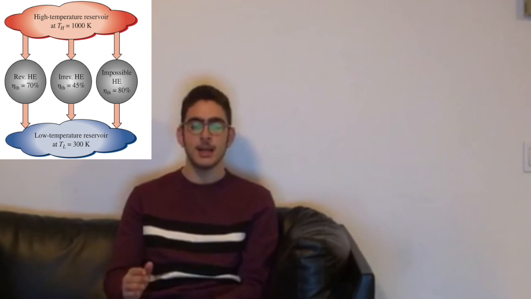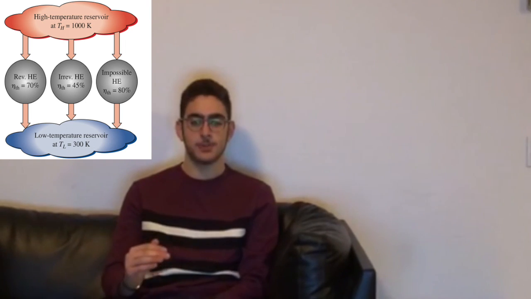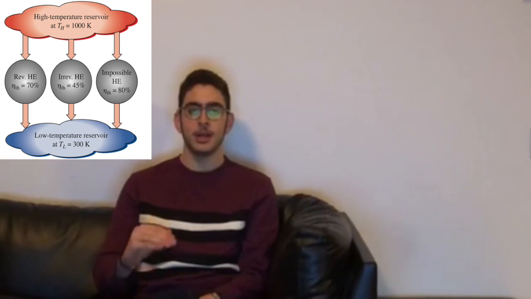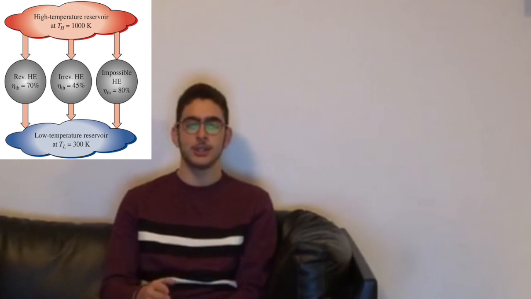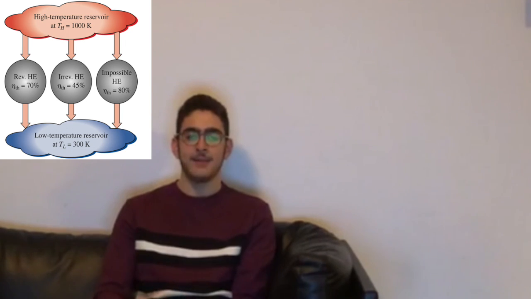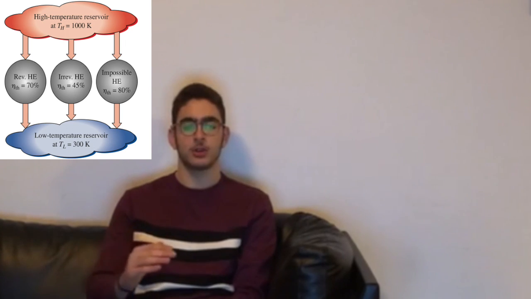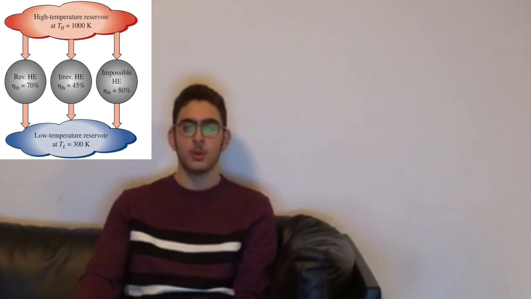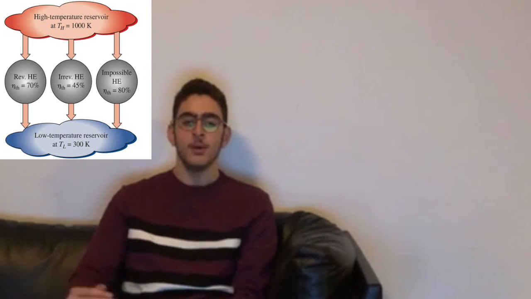Suppose the first one has 70% thermal efficiency. According to Carnot's principles, this must represent the highest possible efficiency of any heat engine operating between 300 degrees Kelvin and 1000 degrees Kelvin. The second heat engine, which contains irreversible processes, must have lower efficiency than the reversible one. We can therefore also conclude that any heat engine having a thermal efficiency higher than the reversible one and also operating between 300 degrees Kelvin and 1000 degrees Kelvin would be impossible since it violates Carnot's principle.